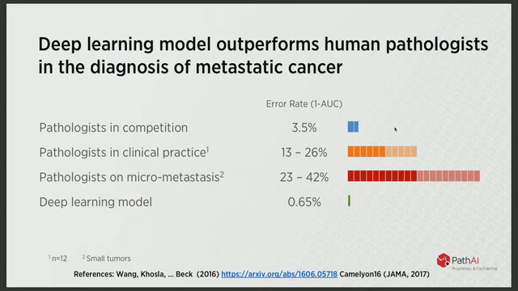And also, they took the same set of slides and sent them out to pathologists operating in clinical practice, where they had really significantly higher error rates, mainly due to the fact they were more constrained by time limitations in clinical practice than in the competition. And most of the errors they're making are false negatives. Simply, they don't have the time to focus on small regions of metastasis amid these humongous gigapixel size slides.